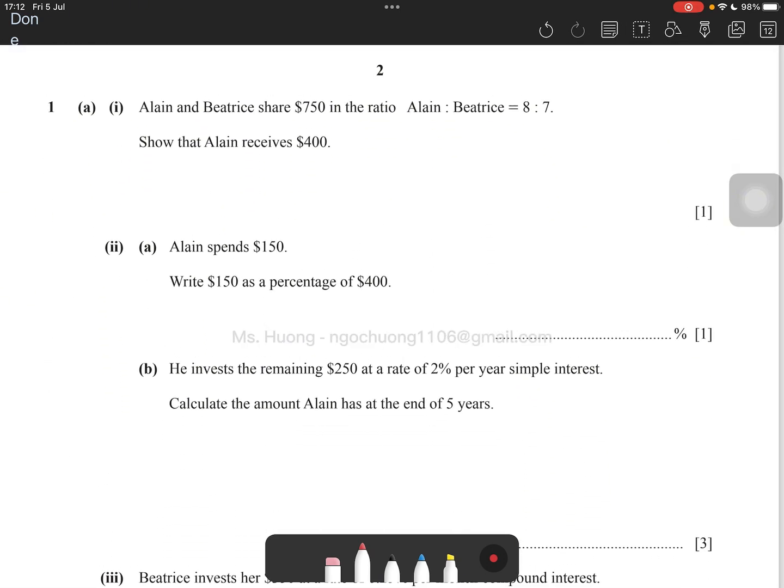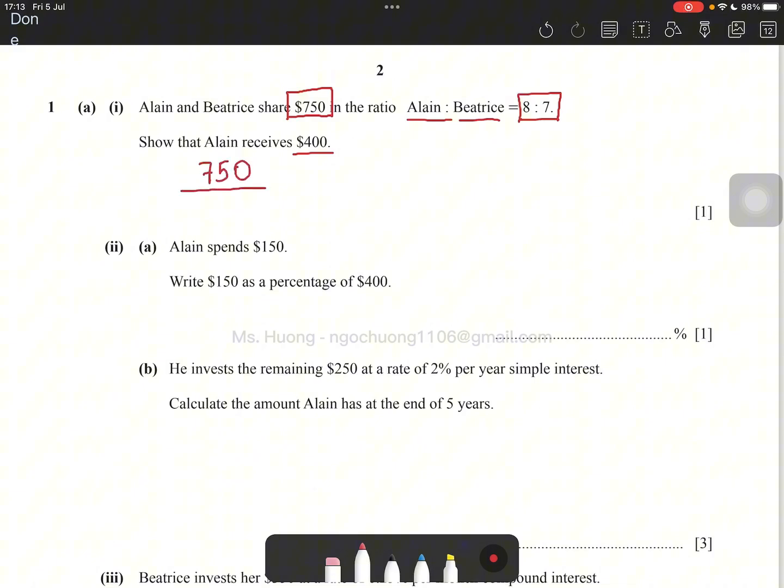Question 1. Alan and Beatrice share $750 in the ratio 8:7. Show that Alan receives $400. So this is a question about ratio. And you see that the total of two people is $750. And it is divided into 15 units because 8 plus 7 is 15 units. So if 15 units equals $750, then we find the value of 1 unit by dividing